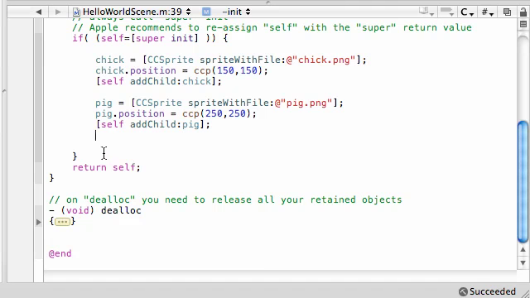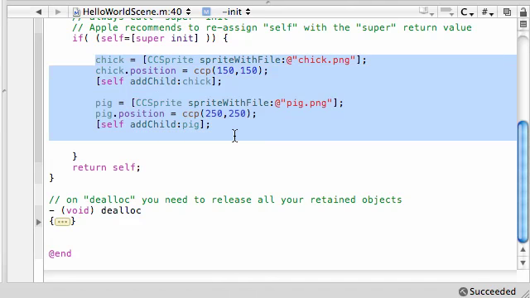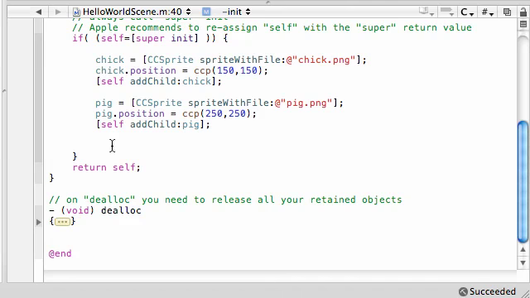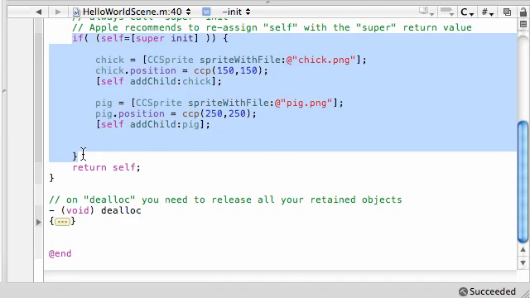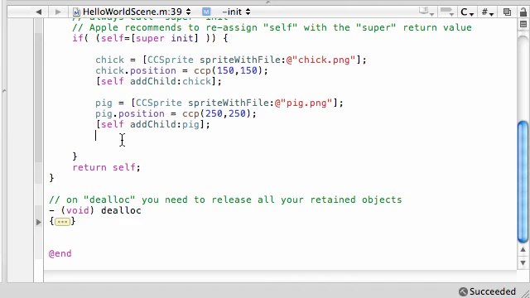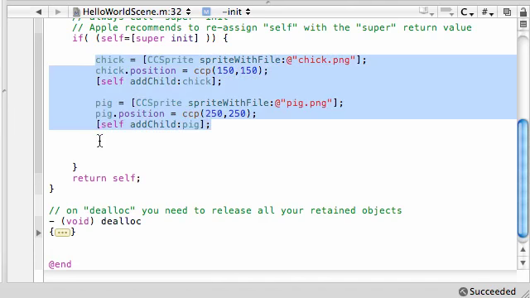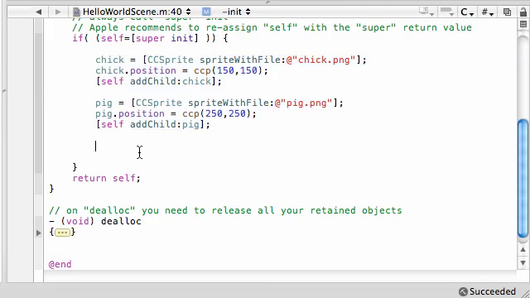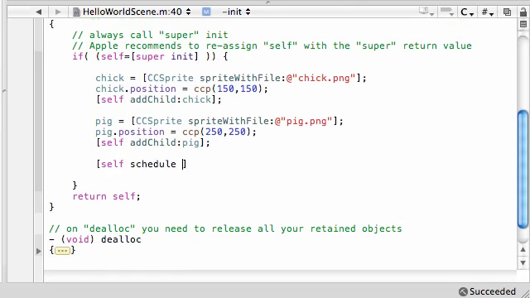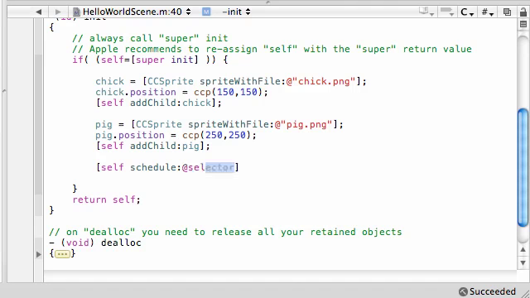So, anyways, on with the tutorial. In the last tutorial, we coded all this right here. So, we're going to be starting our coding inside our if statement still, but after what we coded last time. Make sure you keep this in here because this is the code that adds the images or sprites to the screen. So go ahead, and the first thing you need to type is this: self schedule at selector, and the